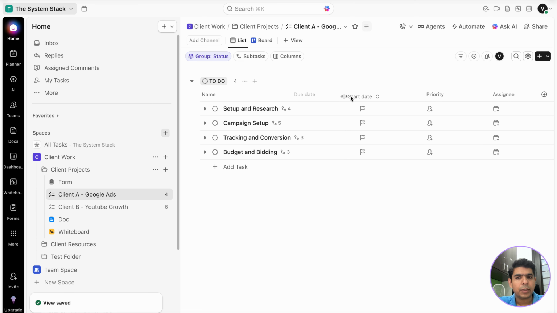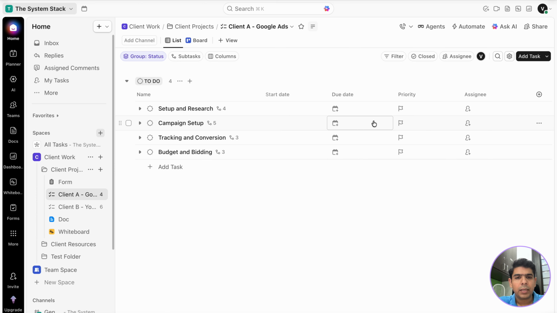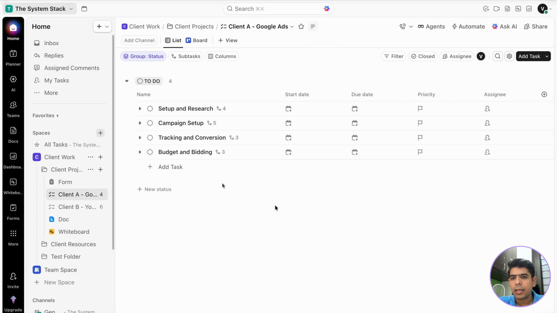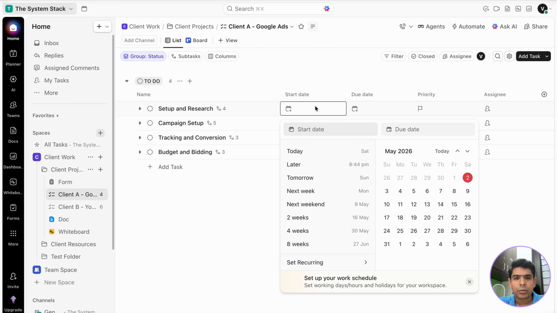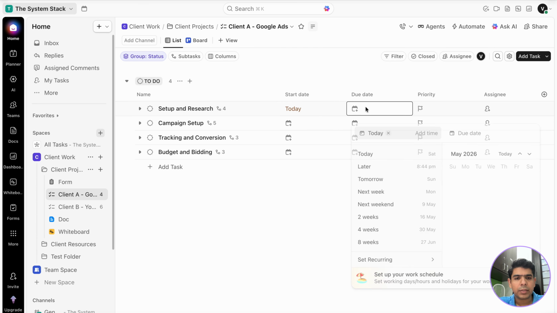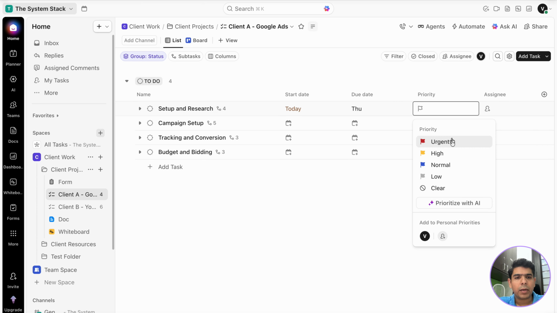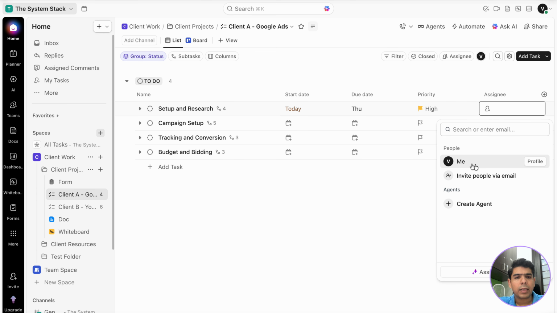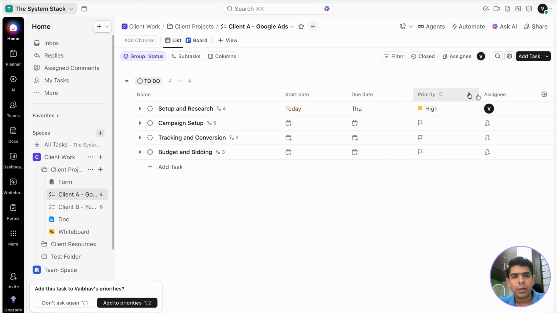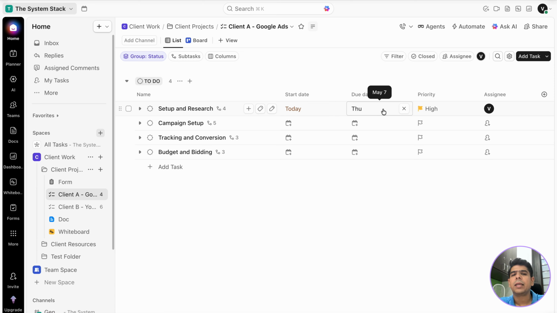Okay, so each project has a start date, it has a due date, it has a priority, and it has an assignee. So this is a task where we do the setup and research. This is the first thing. So let's say we start today, and this is due 4-5 days from now. This is a high priority thing, and I assign it to myself. Okay, so this task is assigned to Vaibhav Bhardwaj. It's a high priority task. It starts today. It can be done till Thursday or earlier. It is the setup and research for this particular